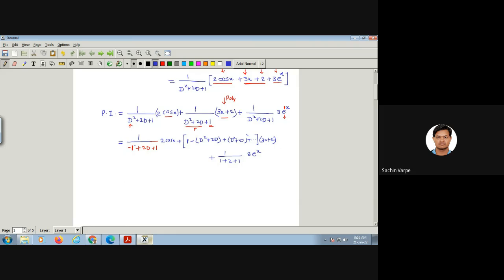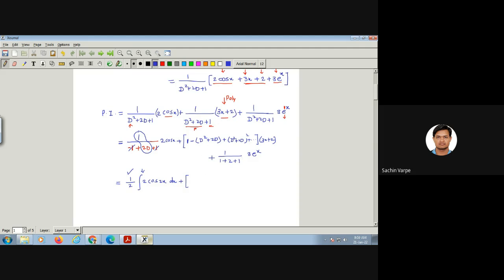So simplify it now. This minus 1 plus 1 gets cancelled. The next is 1 upon 2 into 1 upon D. 1 upon D is integration of cos 2x. I am writing 1 upon 2D as 1 by 2, and then 1 upon D means integration. Clear to everyone? Plus. Now for this infinite expansion, how many terms do we need to consider? Those which are non-zero